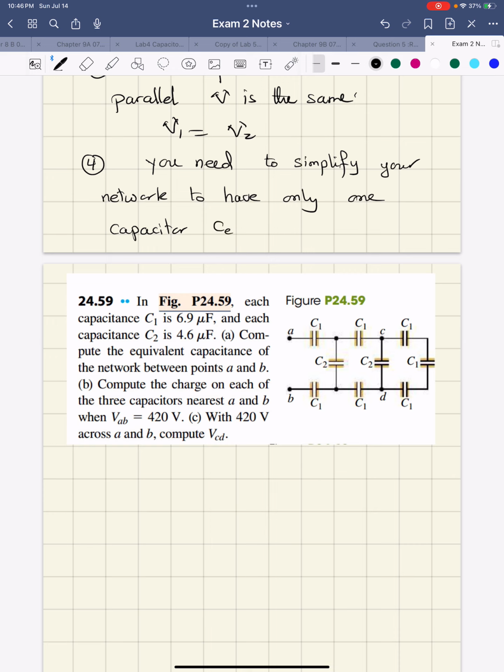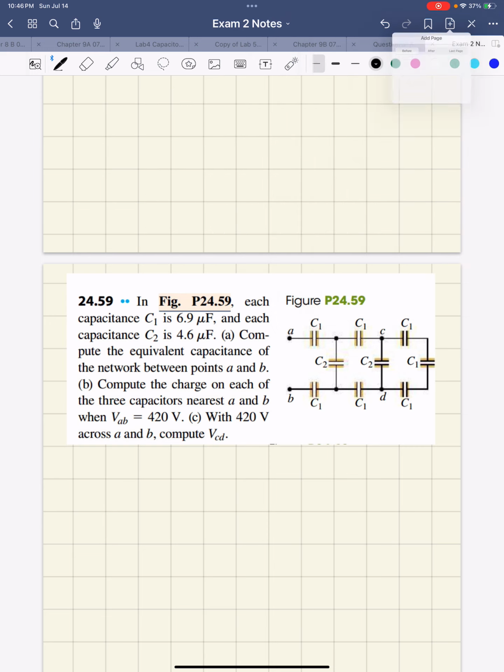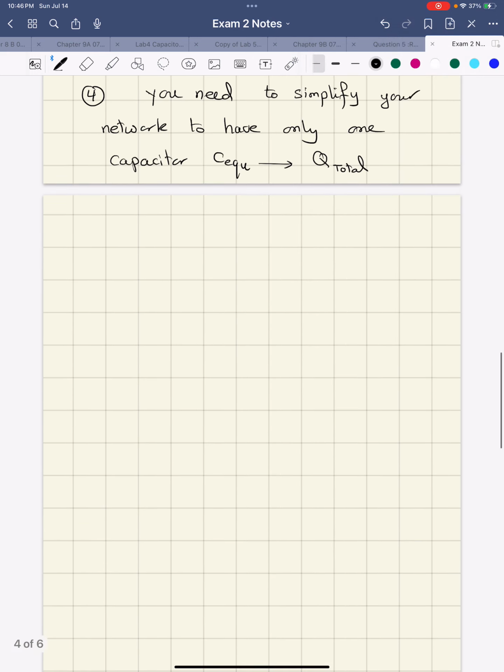Which we call C equivalent. And then we're going to calculate usually Q total. Afterwards, what we are going to do is work backward most of the time. Every time we redraw the circuit, and I will show you now an example of how to do that. Then work backward